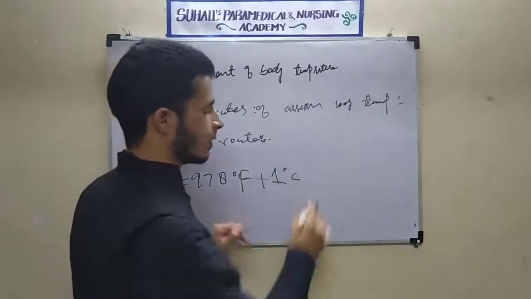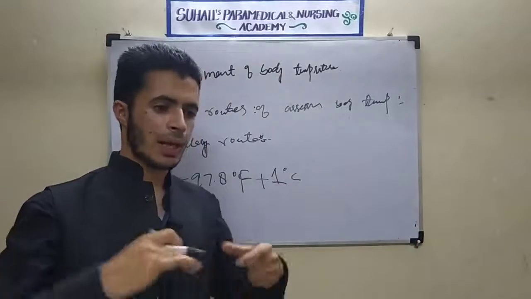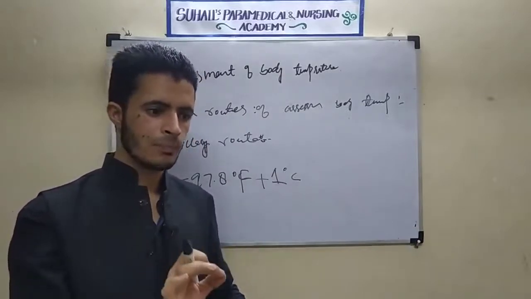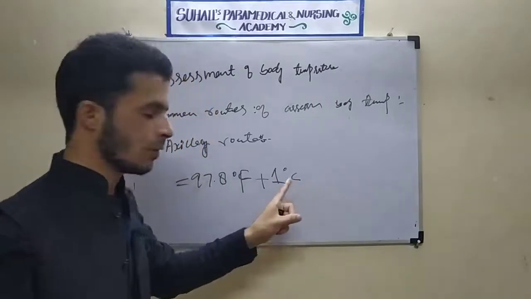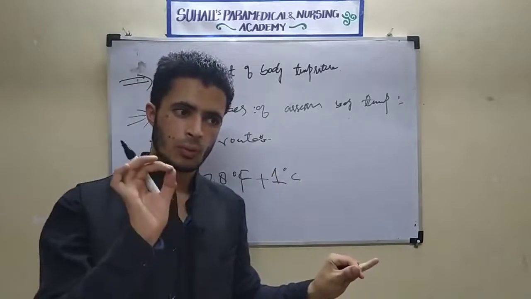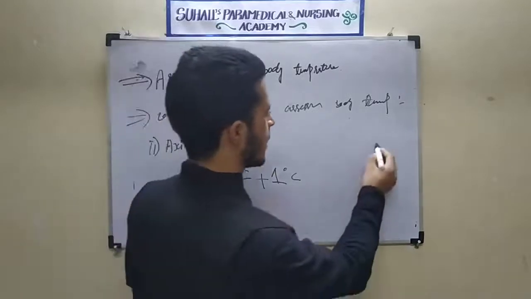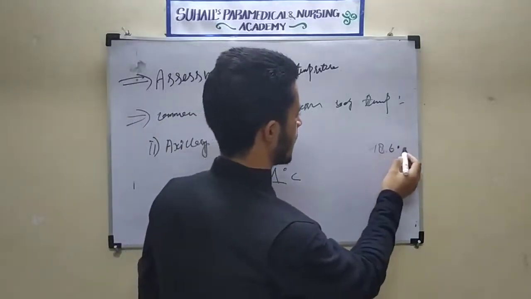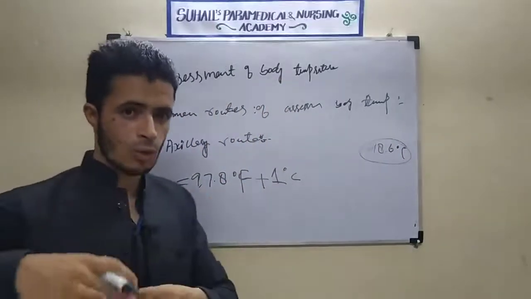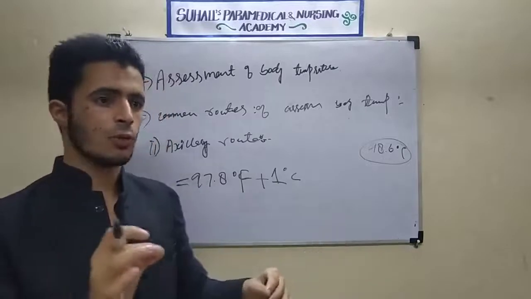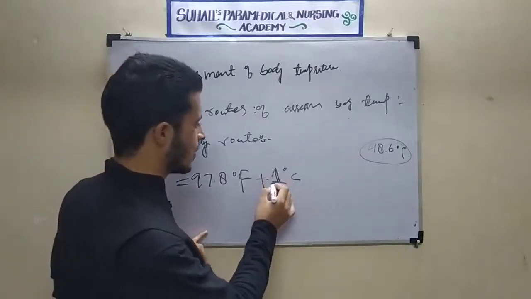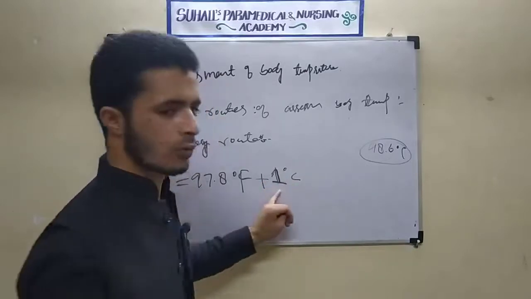If we are assessing a rectal temperature, later I will say, we have to subtract 1 degree Celsius, because we have considered the oral route, that is 98.6 degrees Fahrenheit, as normal. But axillary has more exposure with the environment. It can show 1 degree less. There is less chance of error there. So we have put 1 degree Celsius.